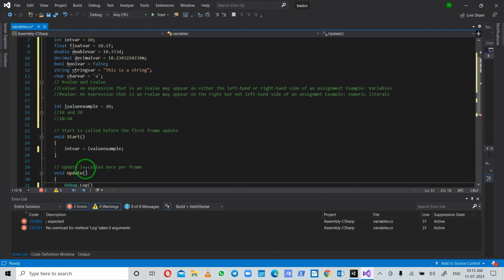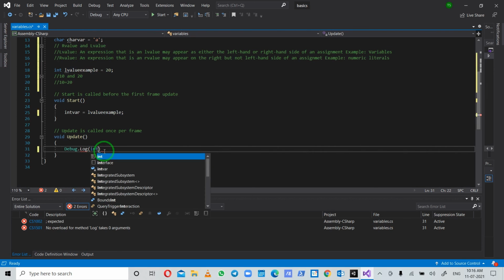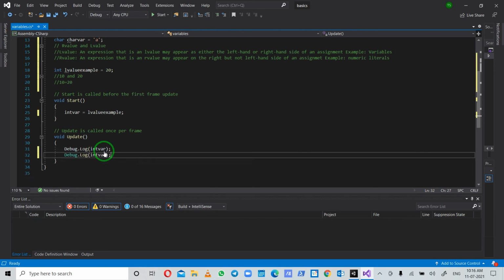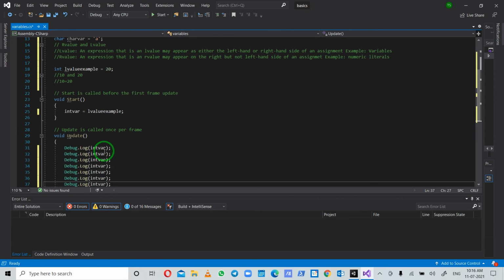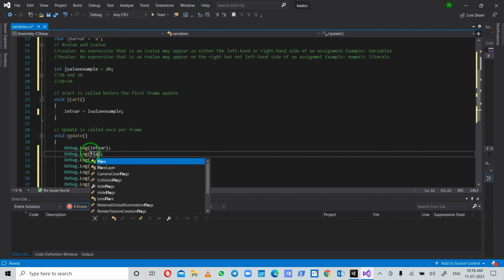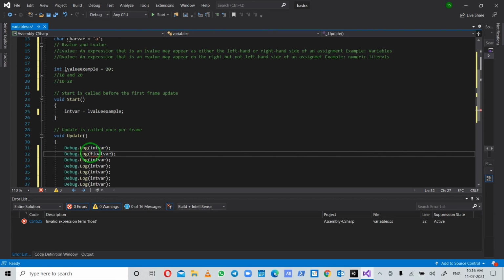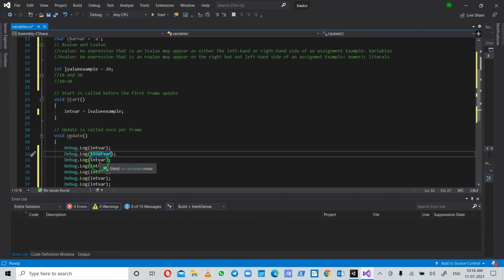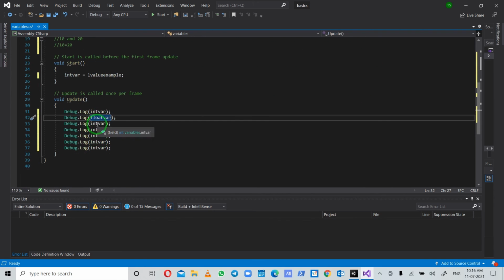So I will print them. Then float. After float I have double, decimal and bool. Okay, so it's double.